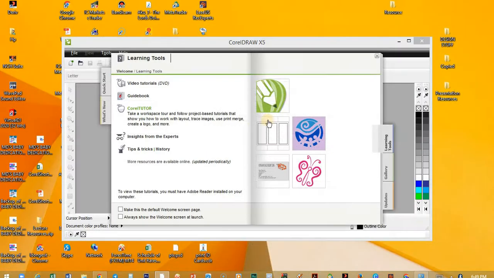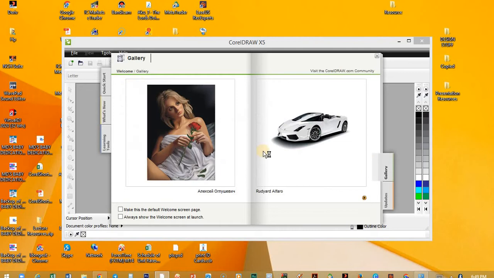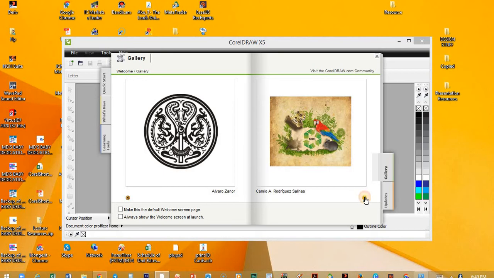I want to close this file, get back to CorelDraw. You can see any other links as well that you want to watch. Then we were under learning tools. Then we have gallery. These are some of the galleries that CorelDraw has put in. If you want to watch or look at any one, just click on any of them, and you can scroll to see more and